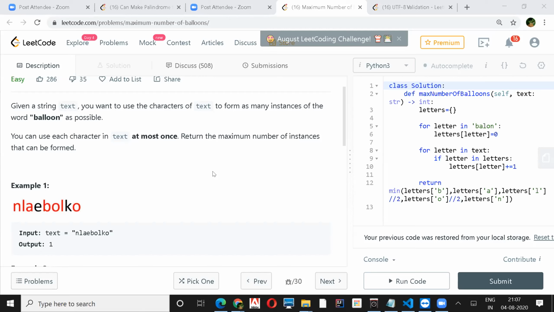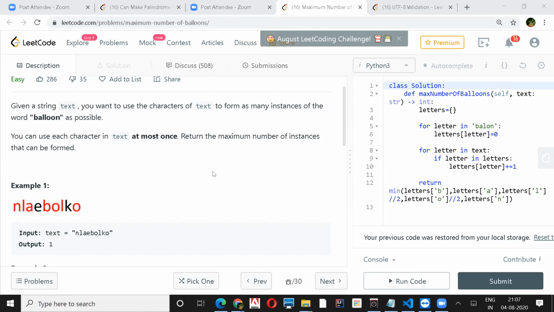The balloon letters, all of them, whatever they are. Keep some map, keep on counting how many times B, A, L, L, O, and N are encountered.